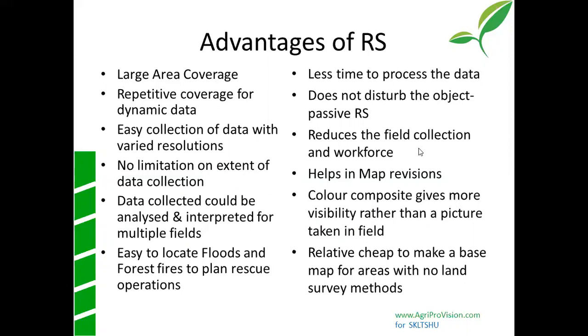The first is basically if you are looking at the data from outer space, you can cover a larger area. For example, if you are taking photographs through an aeroplane or from a high-end platform like satellites, you can cover a large area and then you can do it multiple times. That's what we call repetitive coverage of the data. And it's very easy to collect, because if you are putting a camera on the satellite, you can collect it every given hour, day or month, multiple times, and it's very easy to procure the information.